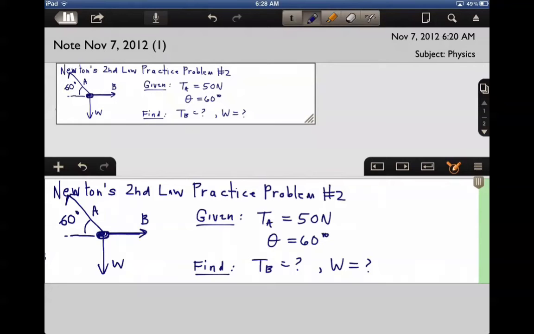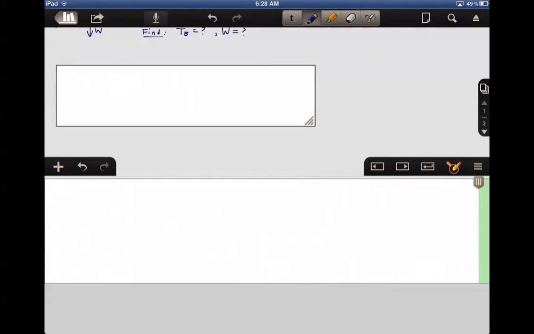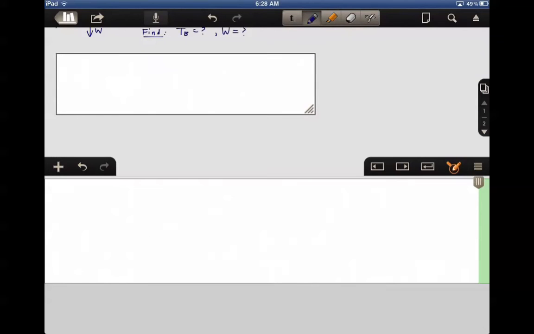This is a static equilibrium problem. We're assuming the rock is permanently at rest. And in order to understand this problem better, I'm going to draw some vectors on our force diagram. I'm actually going to redraw this force diagram a little larger. So A goes this way, weight goes down, B goes over,